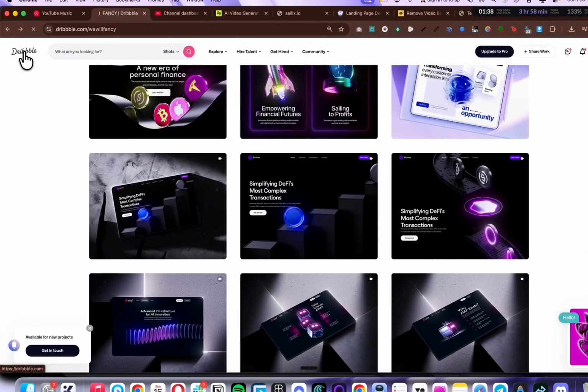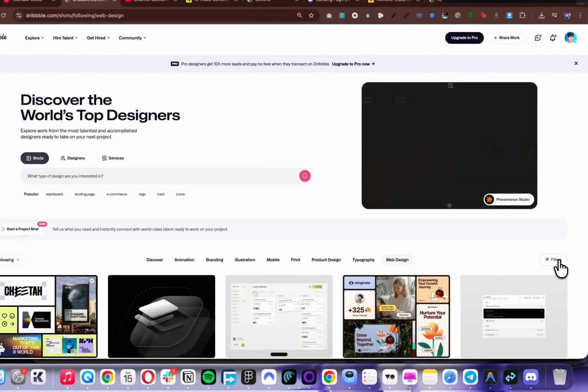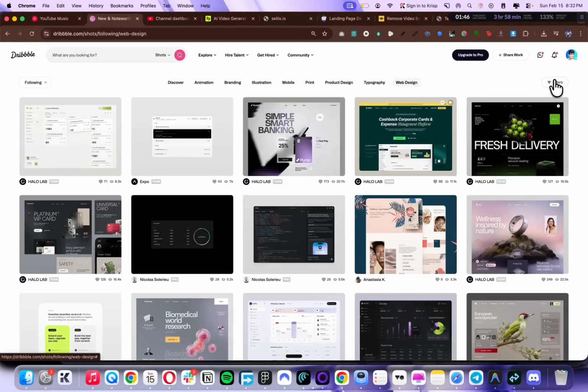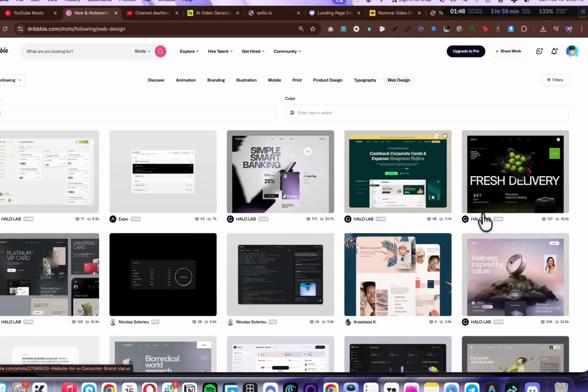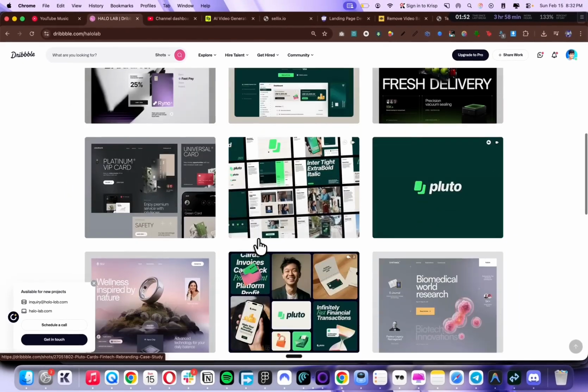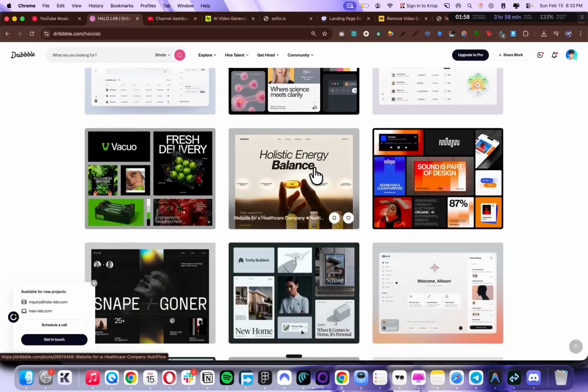Maybe you can go to Dribbble and the homepage, then click on web design, and then click on filters here to select popular and find something that you like. I like this Hello Lab type of designs, so maybe we can get inspiration for our text from here as well. So let's take this for example,